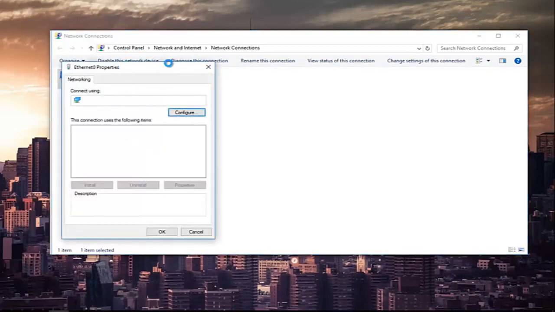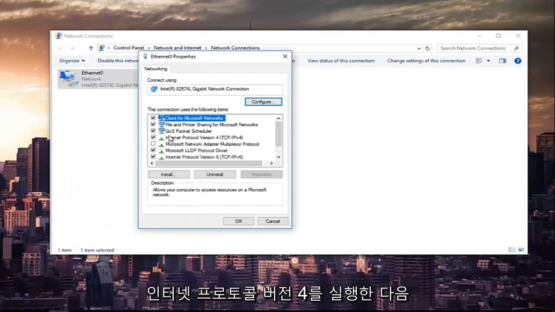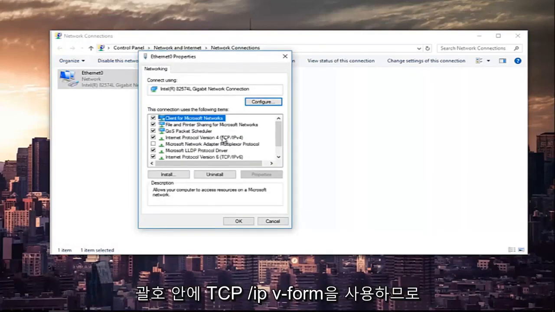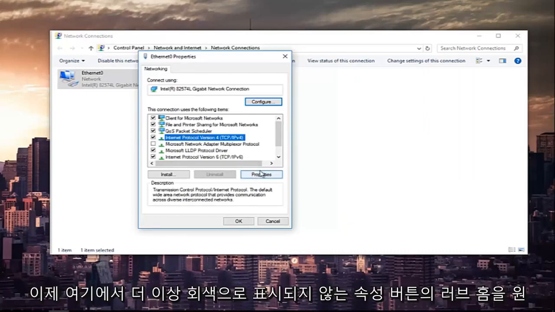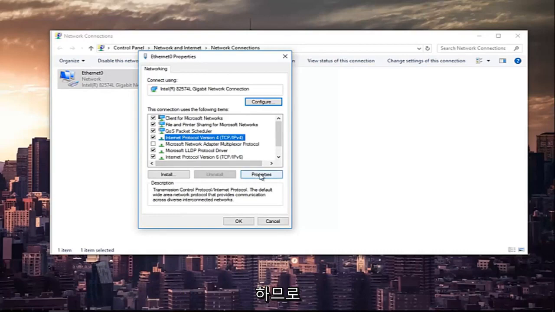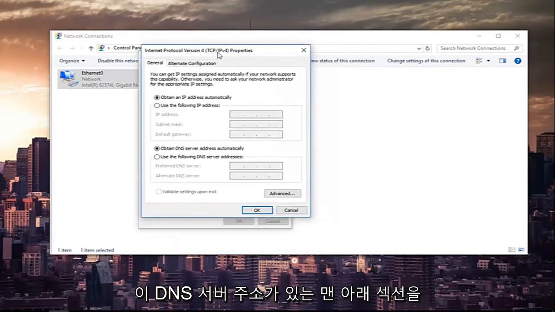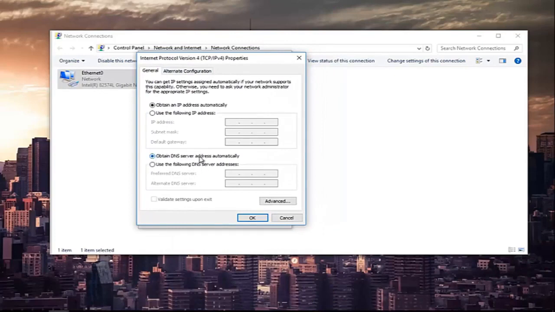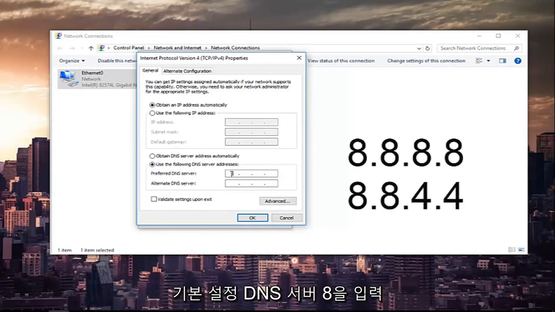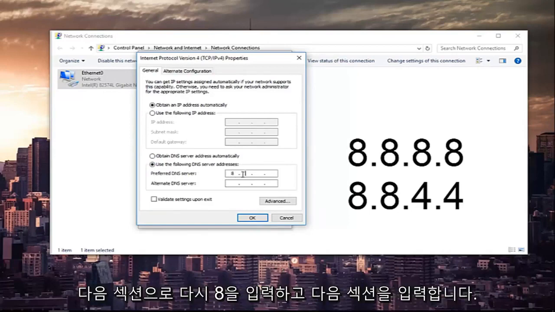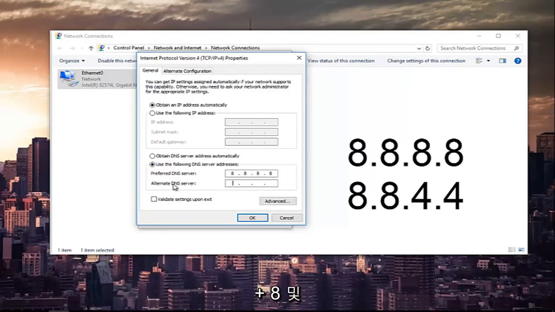In this new window that appears, left click on Internet Protocol Version 4 (TCP/IPv4). Once you've left clicked on that, left click on the Properties button that is now no longer grayed out right here. In the bottom section, where it says Obtain DNS server address automatically, left click on the selection underneath that says Use the following DNS server addresses. For the preferred DNS server, type 8, then using your mouse click into the next section, type 8 again, then 8 in the next section, and 8, and then for the alternate DNS server you want to do